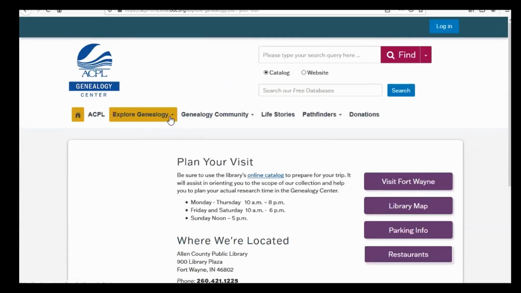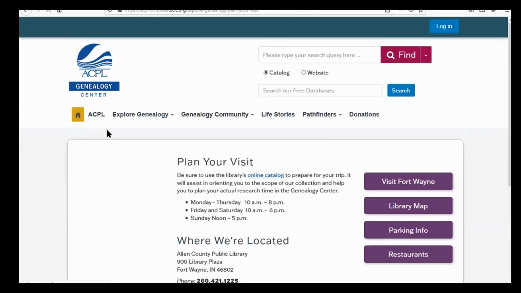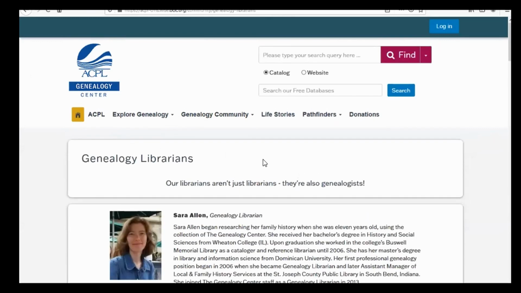Next up, we've already done Explore Genealogy. We're going to take a look at the Genealogy Community. So the Genealogy Community is basically a place for you to connect with other genealogists and connect with us here at the Genealogy Center. If you want to know more about our genealogy librarians, like I said, we are not